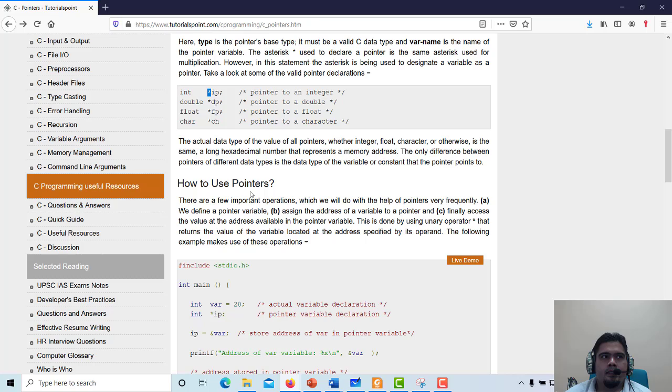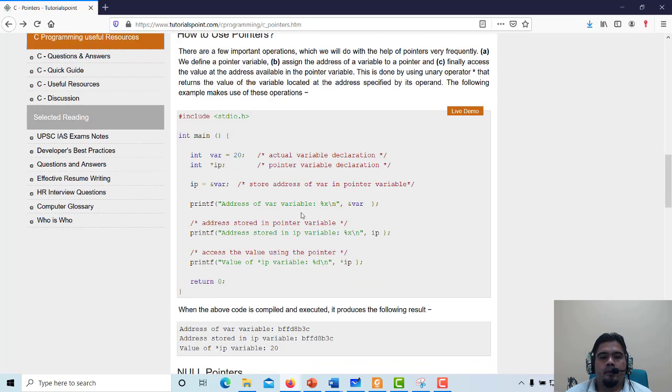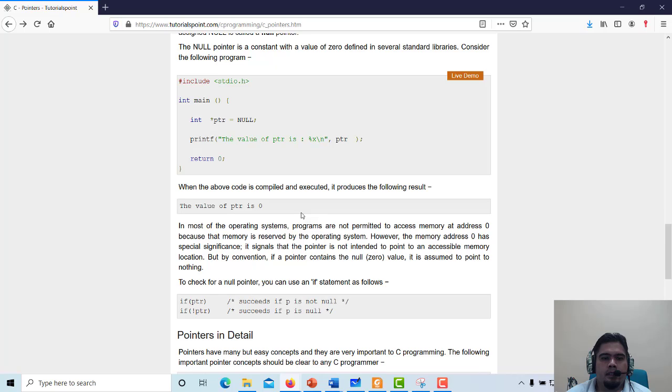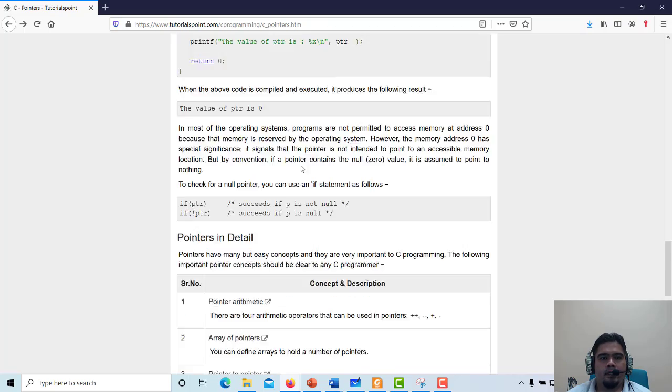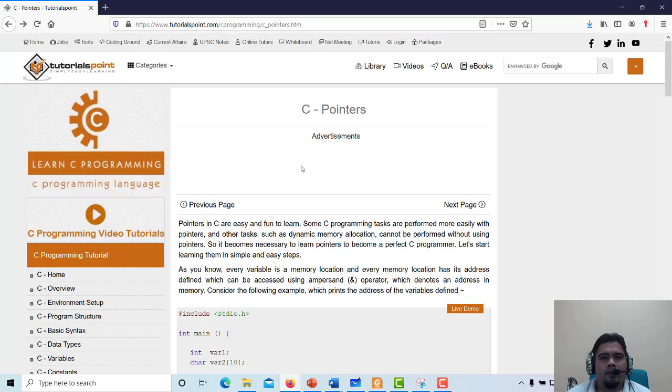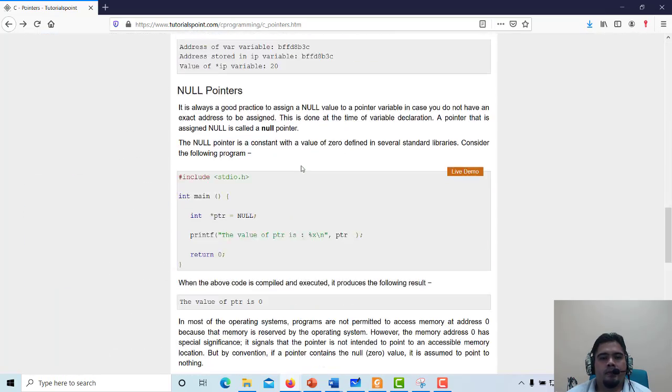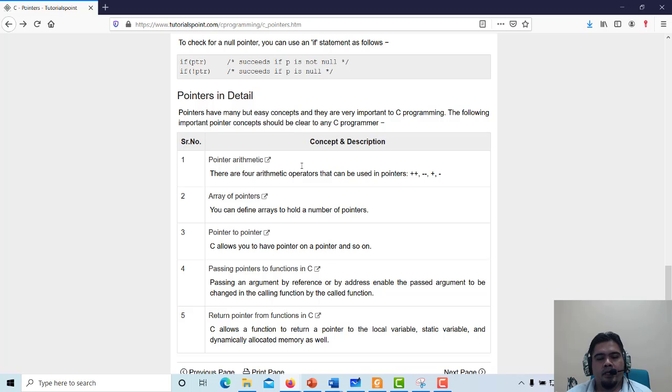And then we also discussed what happens inside computer memory when you are using a pointer. Okay, there are several concepts in which you can use pointers in C programming, which have been listed on the same page over here. Okay, we are still using the same website here. So you see in this website it says that you can utilize the pointer in C programming in these 5